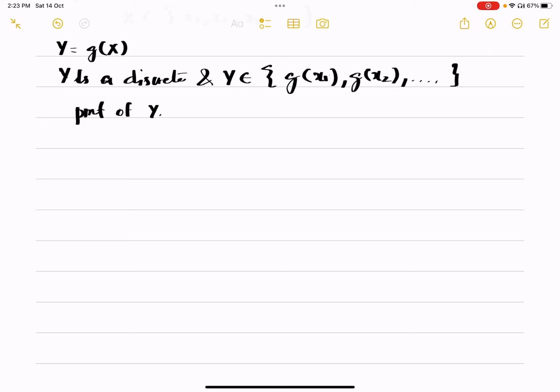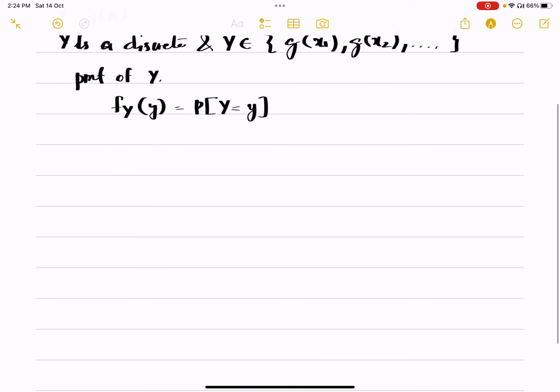In the continuous domain, distribution functions are what we can obtain because the probability at a particular point doesn't make much sense. So if we are going to find the mass function of the new random variable y, by definition, that is equal to P of Y equal to y,